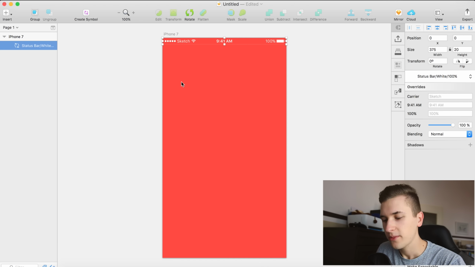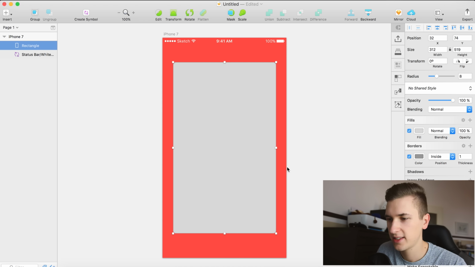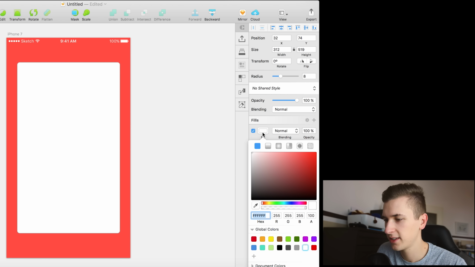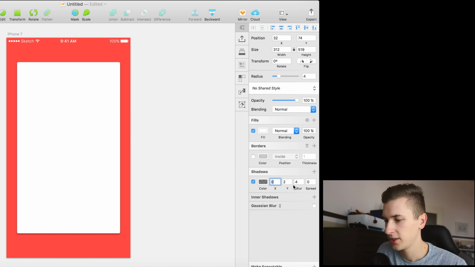Okay, so hit U to create a new rounded rectangle, and it should be around like this. The size should be around like this, and the color should be white without a border. I would like to reduce the radius a little bit, maybe to 4 pixels. That looks kind of good. And we are giving it a shadow. The shadow should have just 0, 0 and a blur amount of like 10. We can of course also just